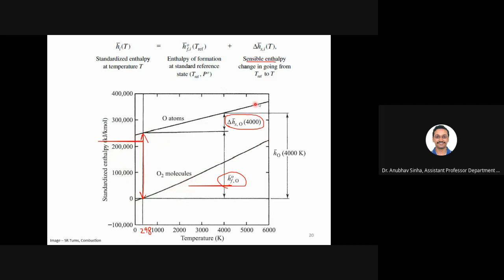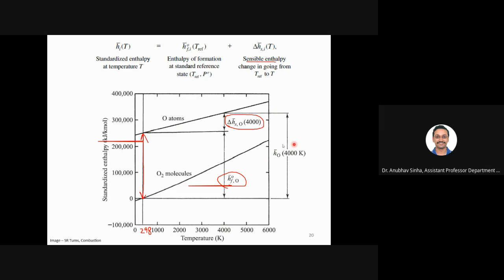This is for oxygen atom. Okay, and the difference is bond energy. So this is the amount of energy I need to spend if I want to create oxygen atom at 298 K. Right? Now I want to heat it. I want this oxygen atom to be at 4000 K. Okay. So I have reached up to this level at 298 K, plus I will add this extra amount of heat to get the temperature of 4000 K. So this is the final state, and this is the total energy required to create oxygen atom at 4000 K.